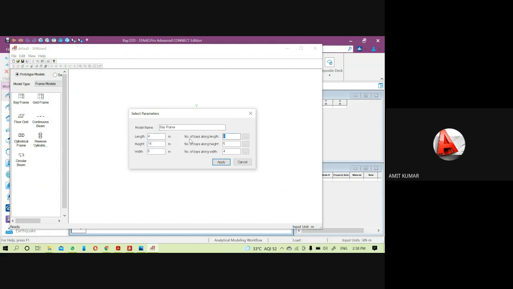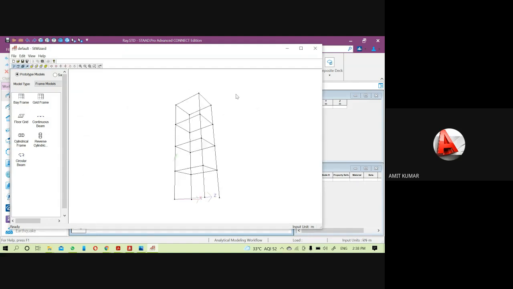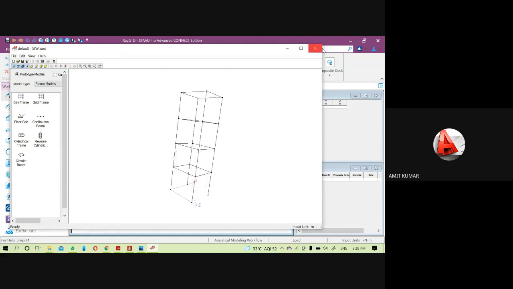Division along the length is only 1. But along the height, I am going to create 4 divisions. So you can see a structure like this. Now I will transfer it.